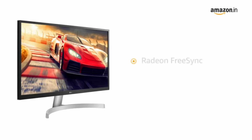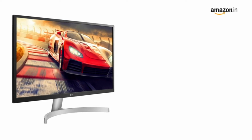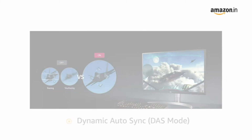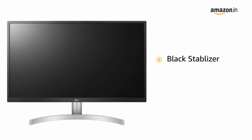This LG gaming monitor comes with Radeon FreeSync that minimizes blur, judder and ghosting during fast on-screen movements to give you smooth gameplay. It also features Dynamic Action Sync that minimizes the input lag while playing games to give you a better experience. The monitor comes with black stabilizer that brightens up even the darkest corners, giving you better visibility